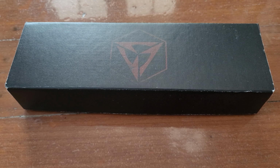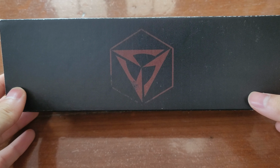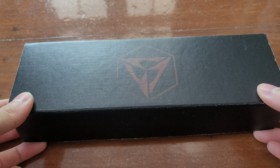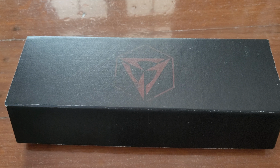Hey everyone, today I've got a really cool piece again. This time it's from Deryk Munroe. It's his full custom Cypher, and it is an absolutely special piece from Deryk, and arguably one of his best. And I wanted to start off by showing the packaging because often when you buy custom knives, it comes